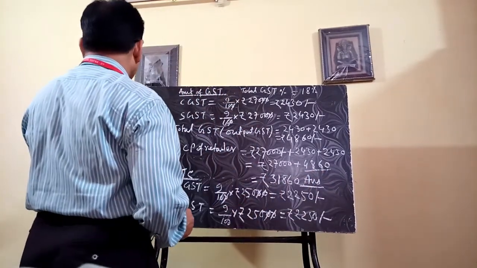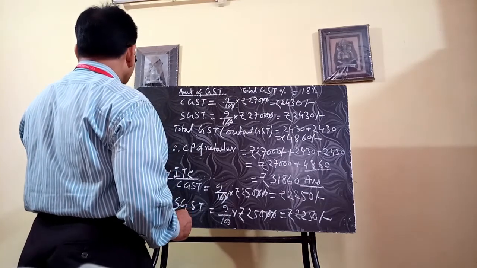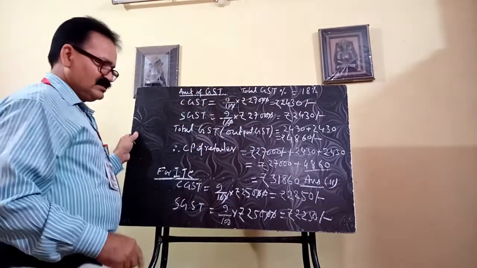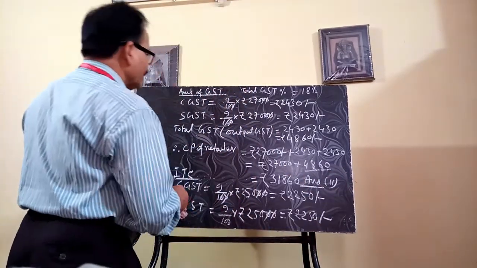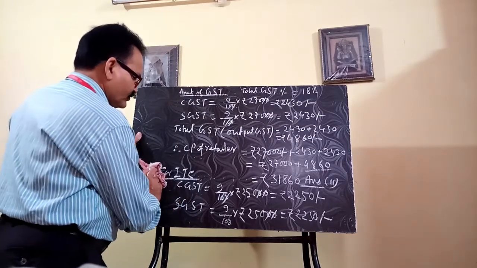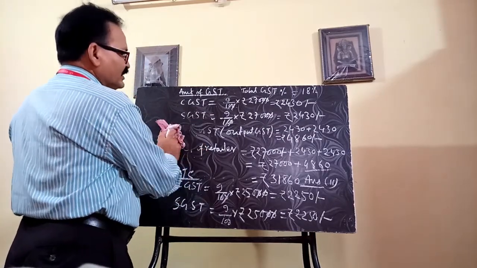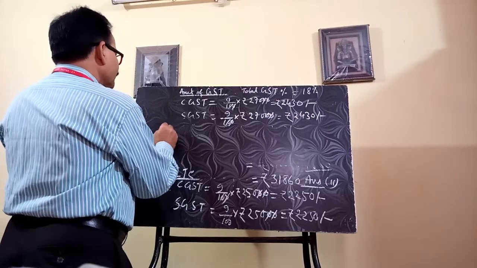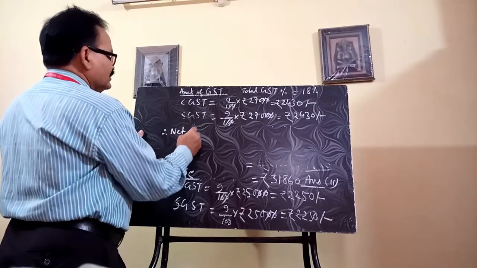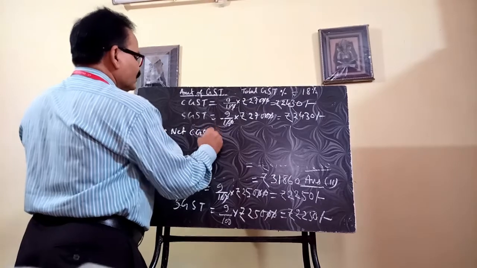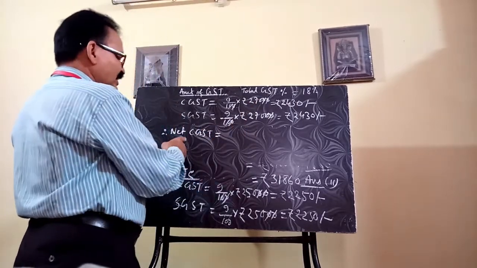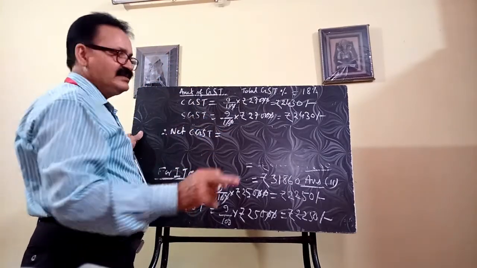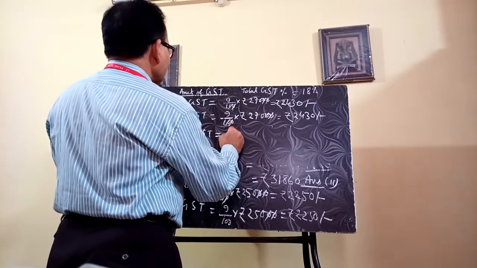Because the CP of the retailer is the answer to question number 2, this is your answer 2. Okay, so now I have to remove it. Now for the net, this answer is to be removed. Therefore the net CGST that is collected by the wholesaler and paid to the government will be